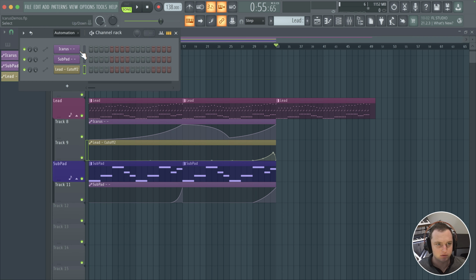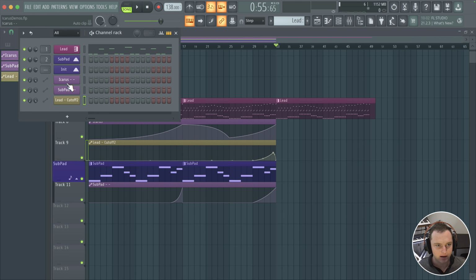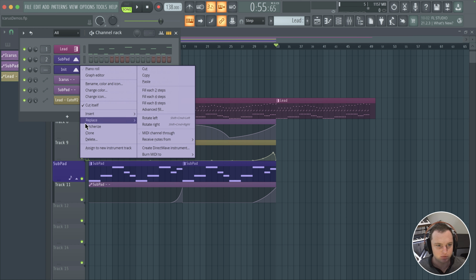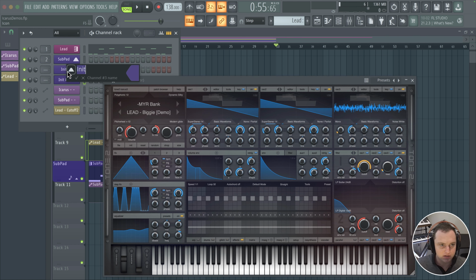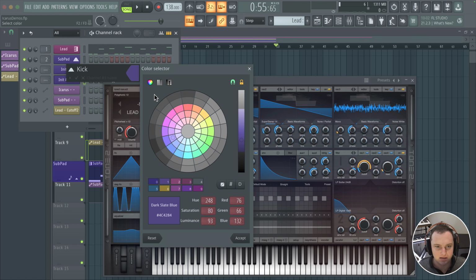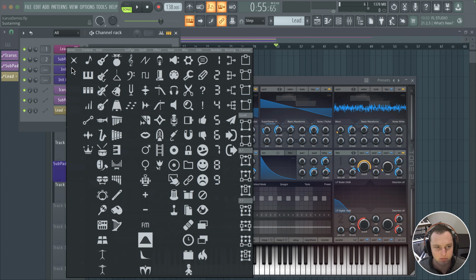So what I'm going to do is go to all of my patches, and I'm going to duplicate this init patch, and this one is going to be the kick. Now, there are a lot of ways you can do this. I mean, honestly, it might be easier to just use the piano roll, but I want to show you guys how to use the drum sequencer here in Icarus. So what I'm going to do is basically choose a kick drum